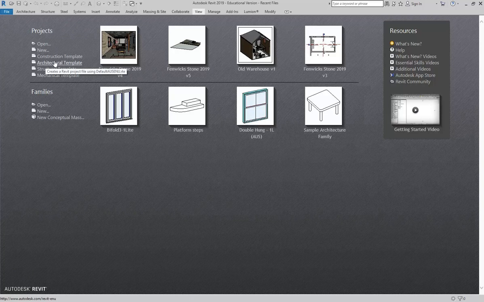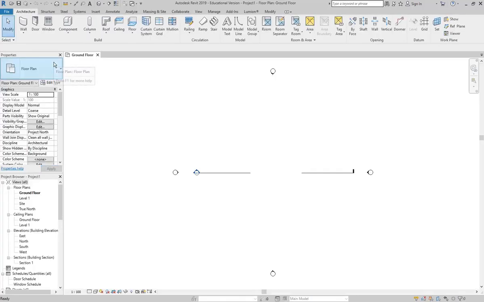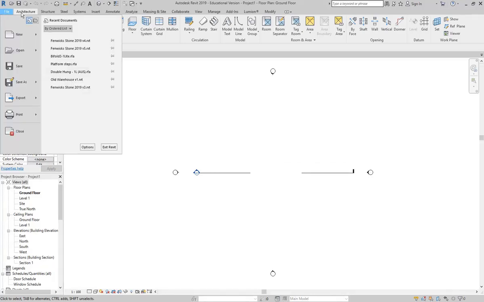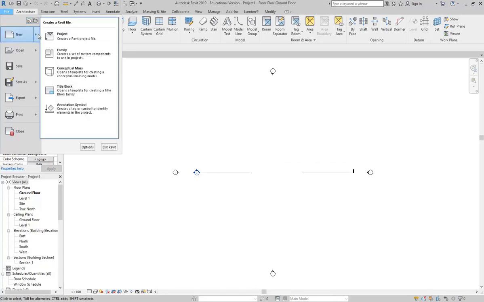You can begin with the architectural template, and you've got a shortcut for that on the welcome screen there. I'm just going to click there, and that will give me a new project file. I'm not going to do anything with that file right away, except obviously to create it. Now I'm going to go back and make another new file,